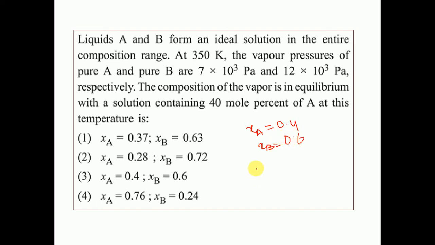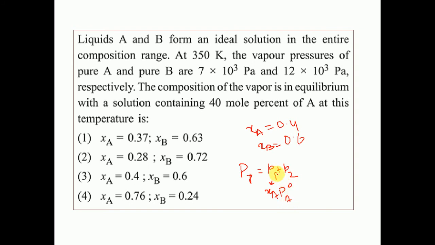Now from Raoult's equation, that is P total, I mean the total vapor pressure over the solution, is equal to the partial pressure of 1 plus the partial pressure of 2. Then substituting the partial pressure in terms of XA and the vapor pressure of the pure liquid,